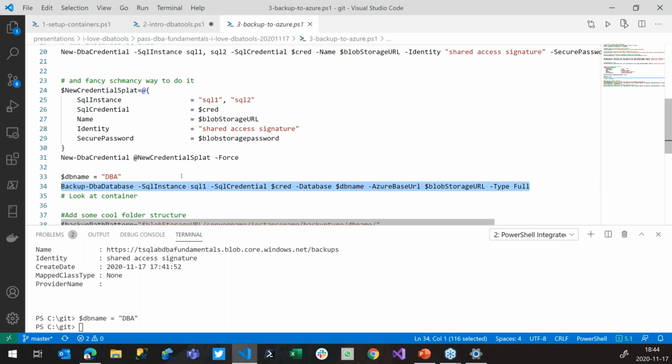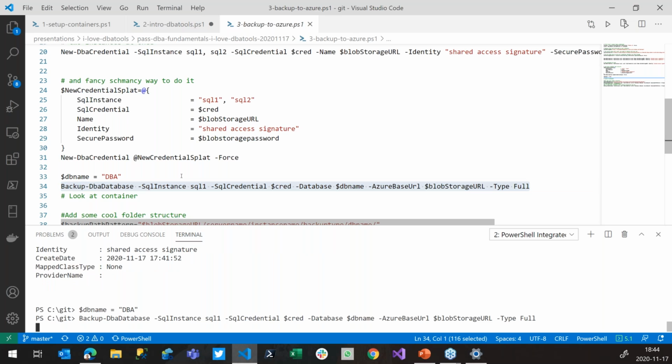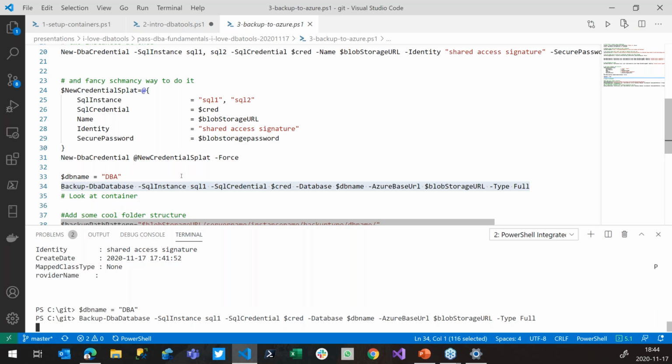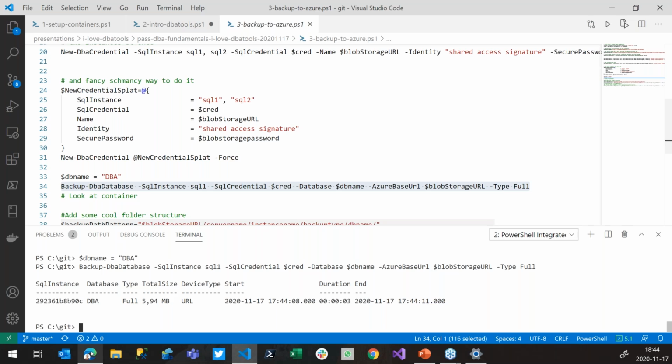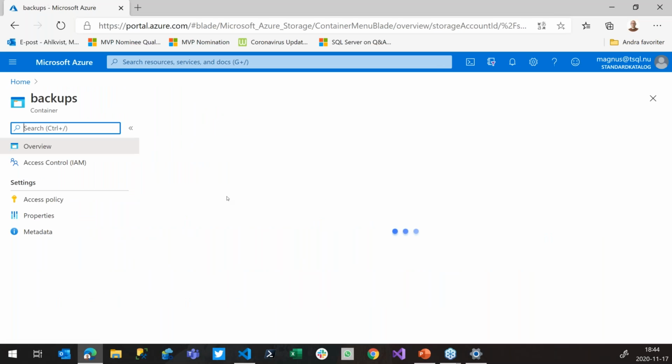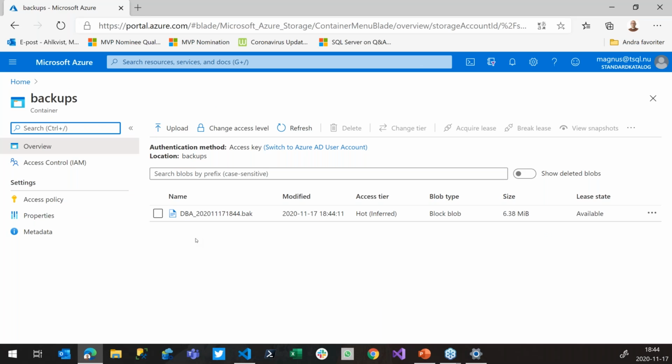What else is there to say? Well, let's run it. So I'm running my backup command, and you see the progress bar, and it's done, and we can jump into the storage container and see where DBATools put the backup. And it didn't put it in a nice folder structure. It just puts it into whatever URL you ask it to, unless you use